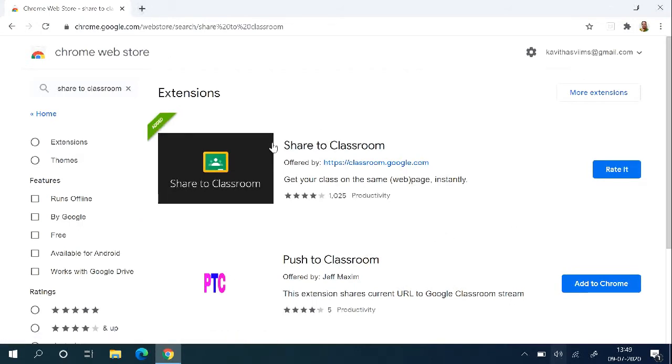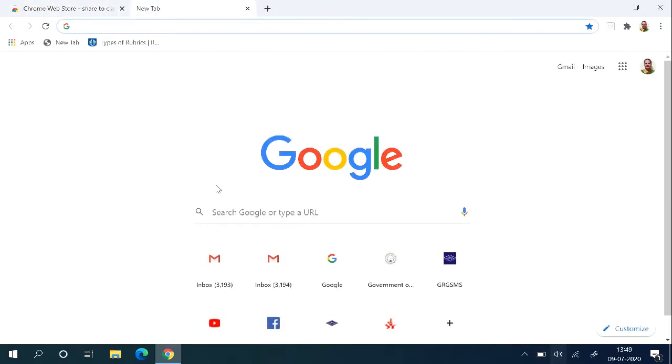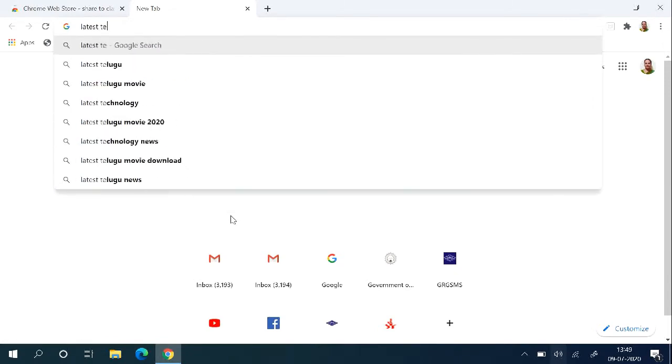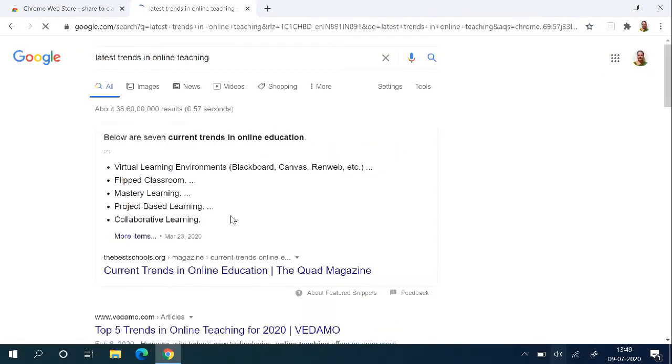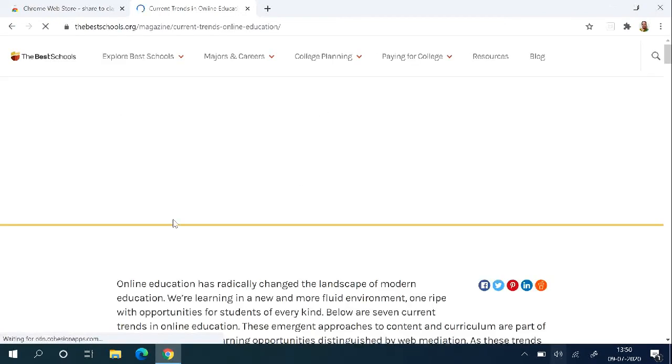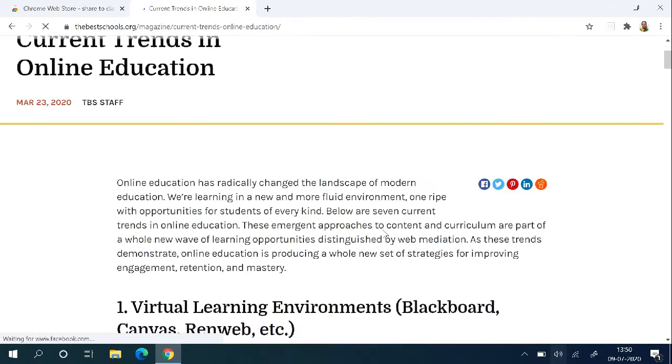Let us see how Share to Classroom will work. Let me type and search for some document. I am typing latest trends in online teaching or something like that. I am reading this, and I find it very interesting.